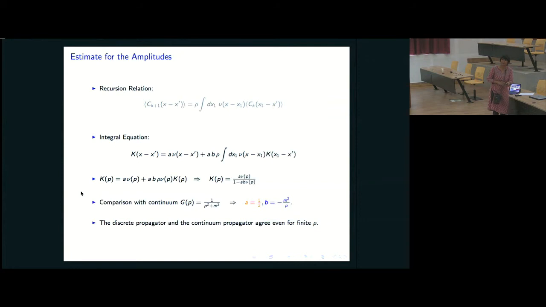When you put it all together, I'll just finish this and skip all the detail, but say that when you finish it and compare with the continuum, the way in which you can do it is by simply putting in values for the amplitude. So you can recover the massive propagator. There's no distance yet. We're just simply putting in a quantum amplitude for hopping and stopping. A and B are just some amplitude.